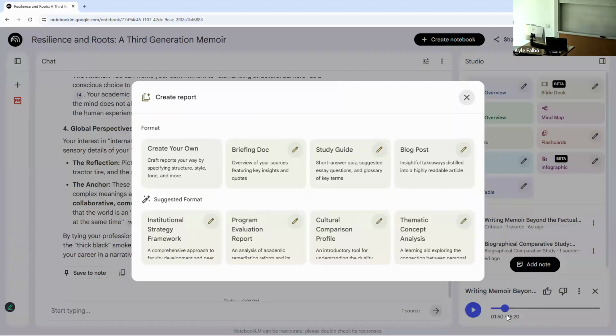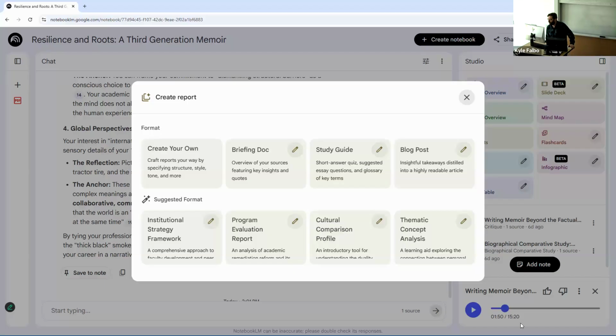And then there's this create your own. But then here's the suggested format, right? So this was institutional strategy framework, program evaluation framework, cultural comparison profile, thematic concept analysis. So yeah, academic and jargony, because this is really an educational tool, but I think it still landed on something that was very much rooted in memoir writing. And let me show you what that report looks like, because I think there are some very telling things in there that could be helpful with the process.